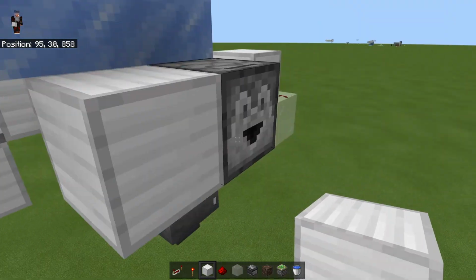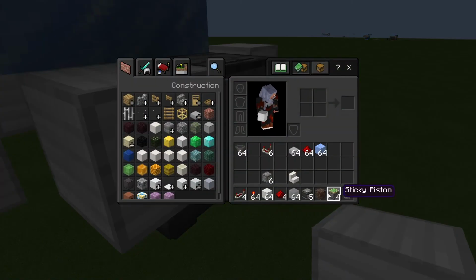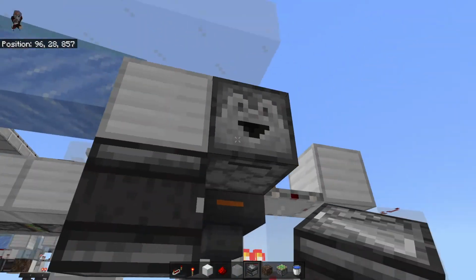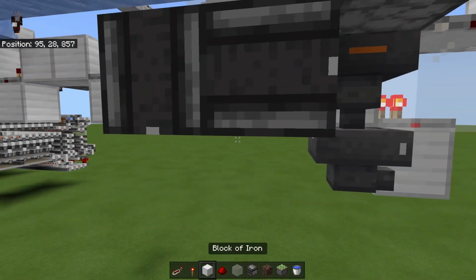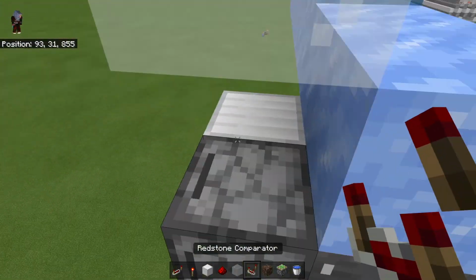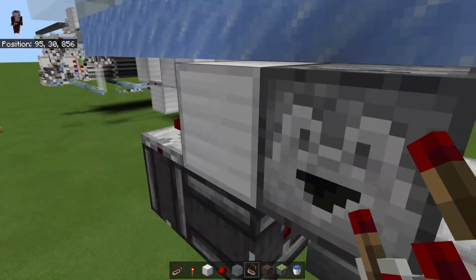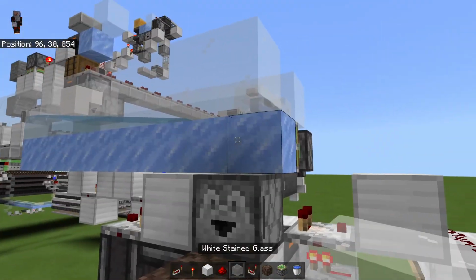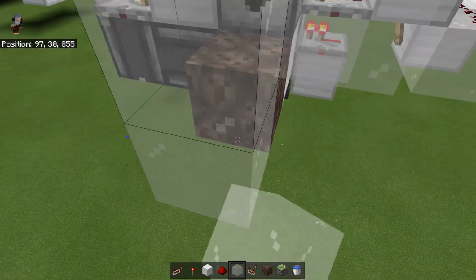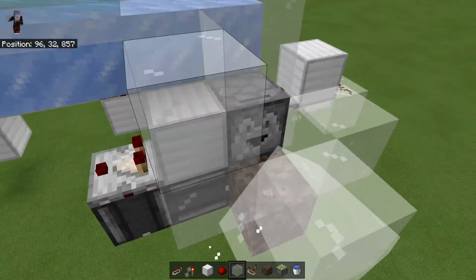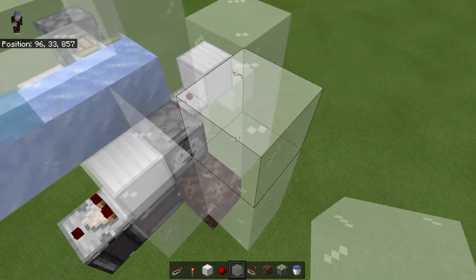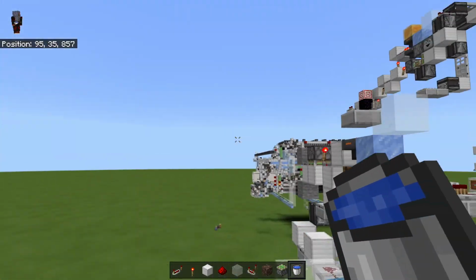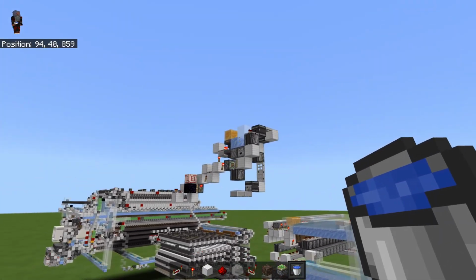So I'm just going to put a solid block there, grab myself my observers, one observer going here, one observer going here, a comparator on top of that observer, and a solid block with a piece of soul sand. We need another one, and we'll just contain this in glass, and we will fill this up with water. This will go to that system right there,